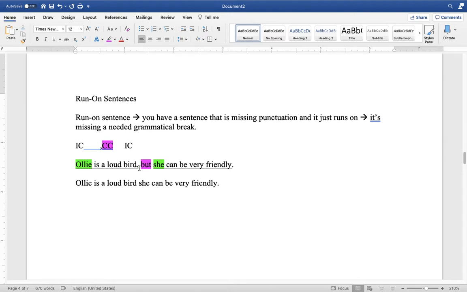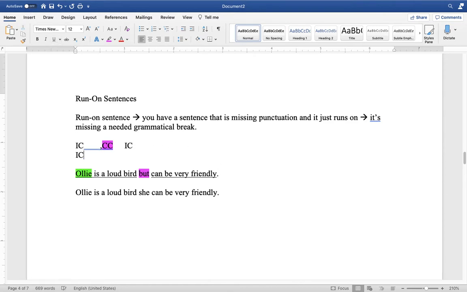So we have to separate that because this is not a dependent clause. And if you remember from the chapter 4 video, the dependent clause is dependent on something from the independent clause. If I eliminated this, then I would no longer need the comma. So if I had an independent clause, a coordinating conjunction, and a dependent clause, there's no comma because the comma